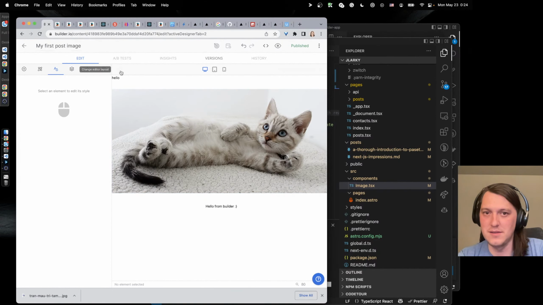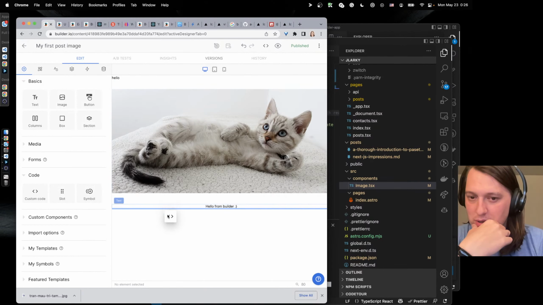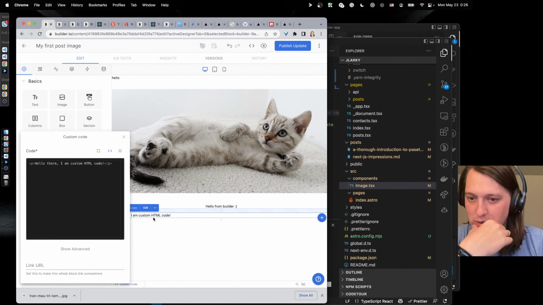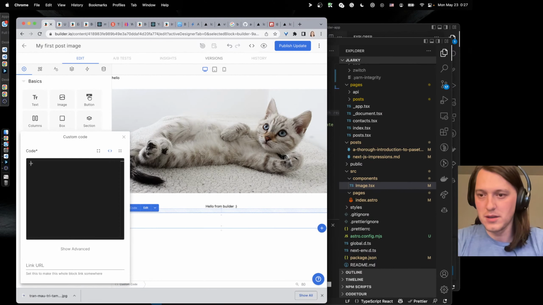So is there a component that is just straight up JavaScript, custom HTML code? So P, but can it be a script console log 123 script?